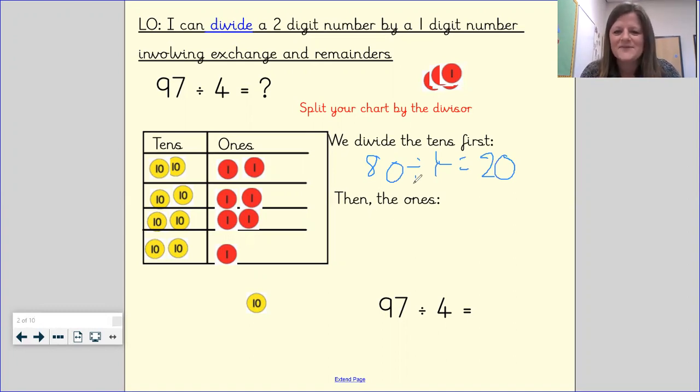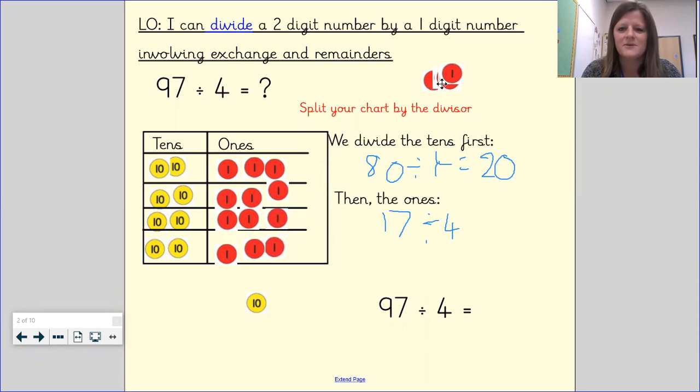Okay, once we have divided the tens, we have then got the ones. As you can see, we've shared those 7 ones into 4 equal groups, and we have got the exchanged 10. So that leaves 17 ones that we are sharing into 4 equal groups. We've got our 10 that we've exchanged, and we have got the 7 there. So if we share that into our 4 groups,